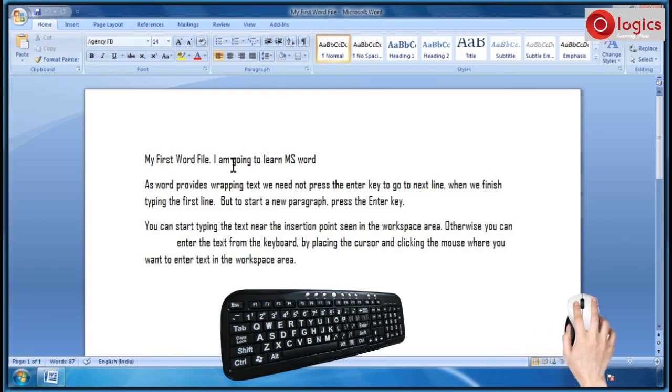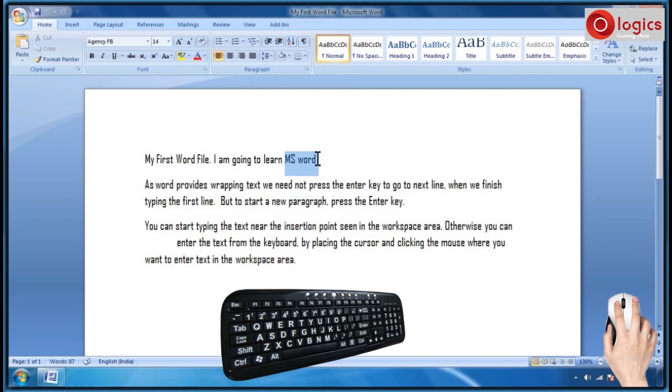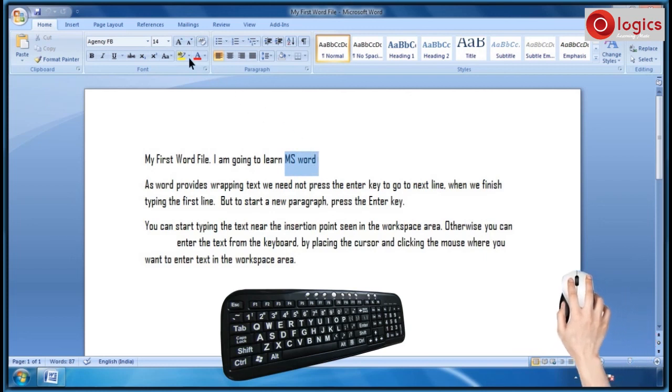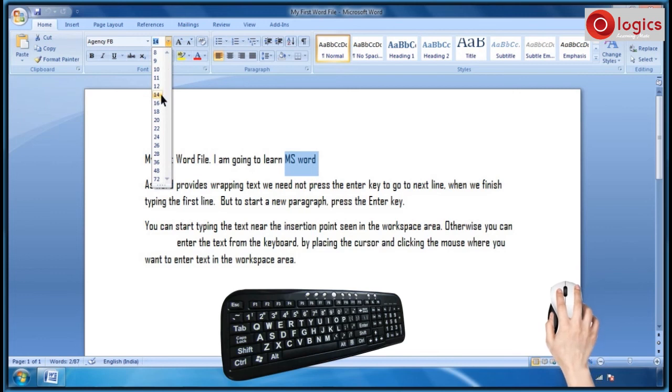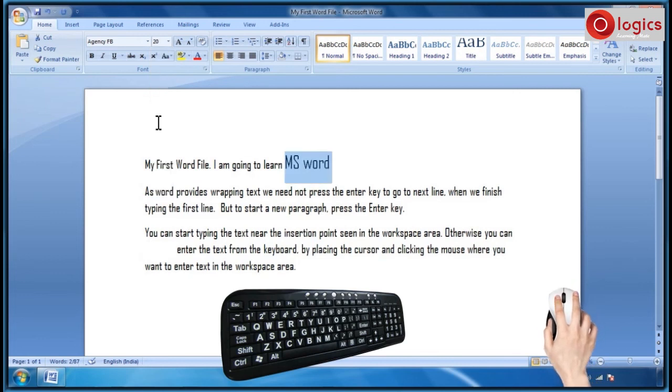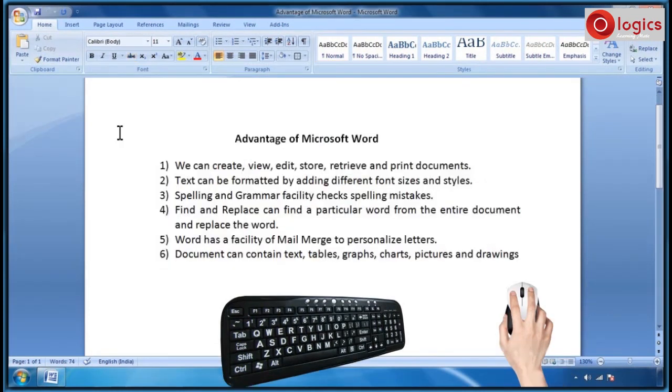First, I am selecting the text and changing the font size. This is the strike through command. You can draw a line in middle of the word. I am going to use shading command. Shading command color the background behind selected text or paragraph.